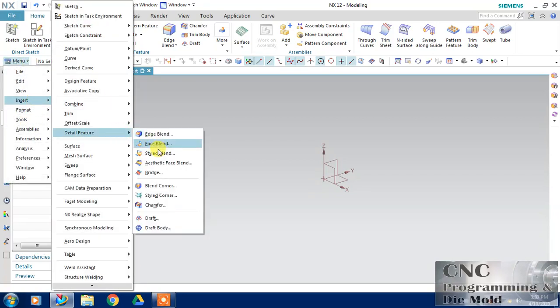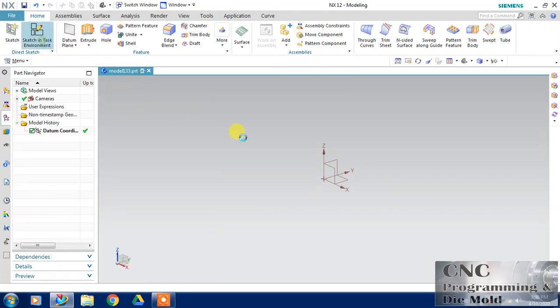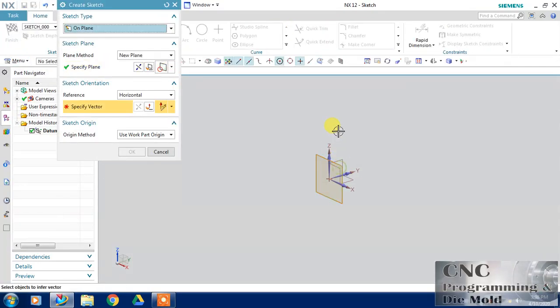In daily feature we will cover this style blend. We will use this style blend on a surface model. So first I have to draw a surface.